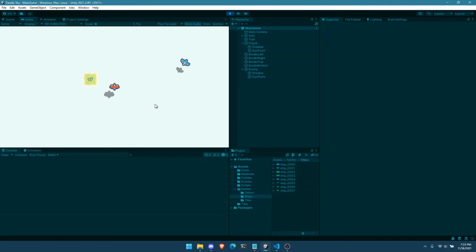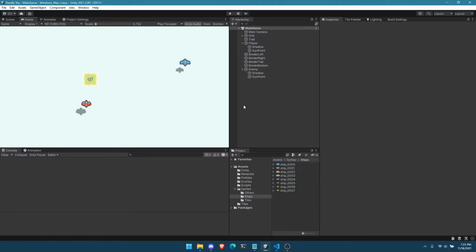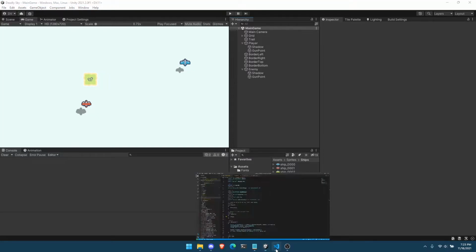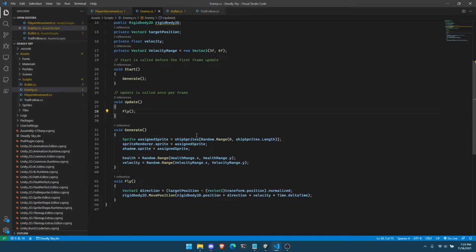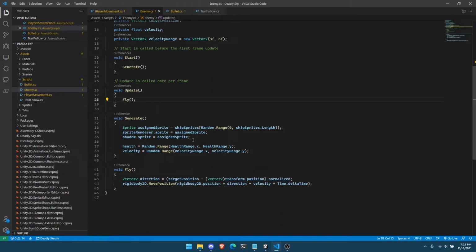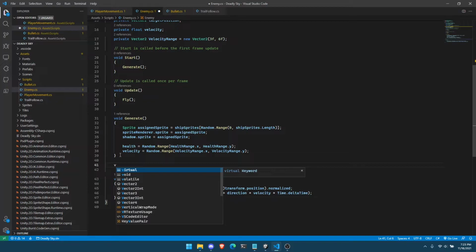So there we go. The enemy moves to the target position, and once it reaches that target position, it's just kind of hovering here because there is nothing else to do. So we need to generate a target position once we start, and also when we reach our target position, we want to randomize that target position again so that the enemy moves around. So let's make a function, call it void